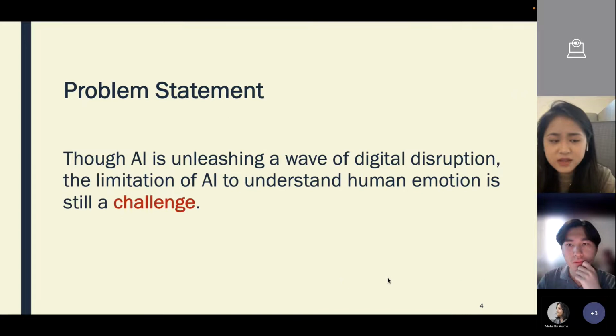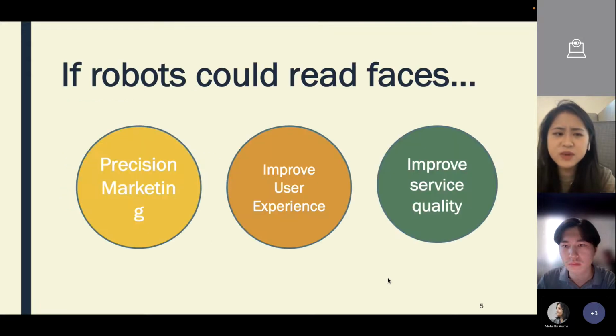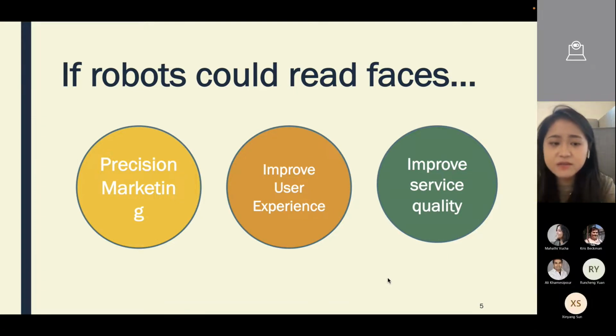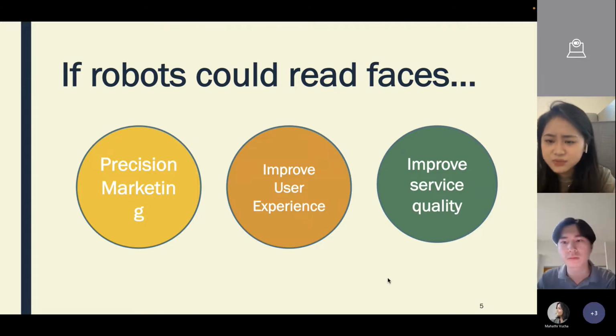So the problem statement is, AI is unleashing a wave of digital disruption. The limitation of AI in understanding human emotion is still a challenge. We can think about it: if a robot could read faces, there are three benefits for the market. First, it can achieve precision marketing, improve user experience and also improve service quality.